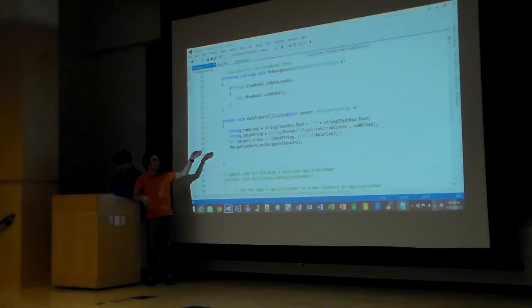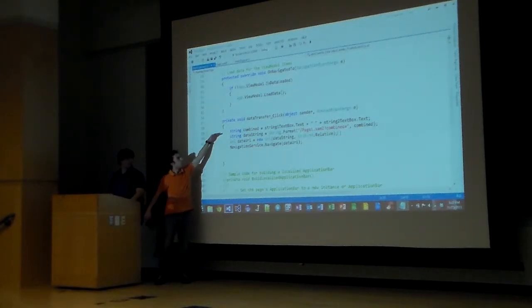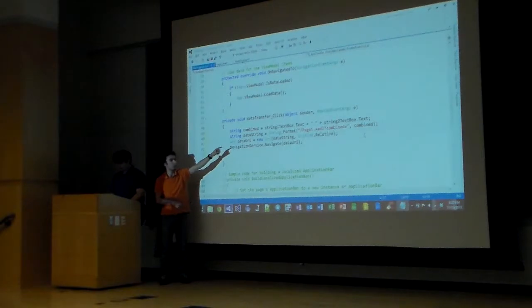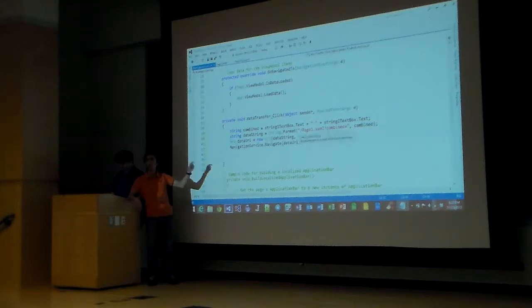So what he's doing is he's combining the two text box strings with a space in the middle. That's why it goes plus space and then plus the other string. And then he's using the format method of the string class, and that allows you to kind of